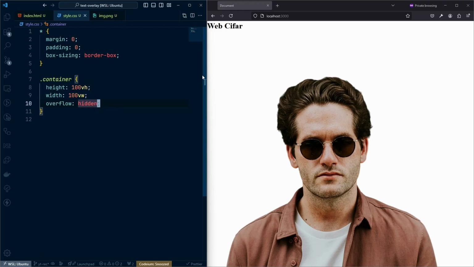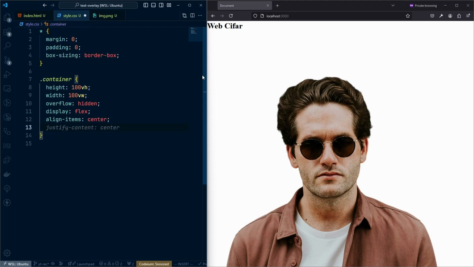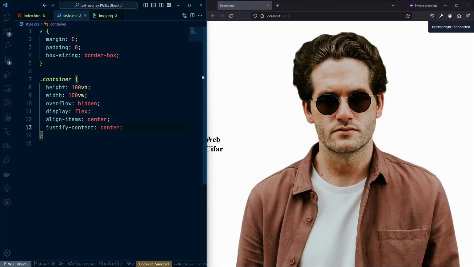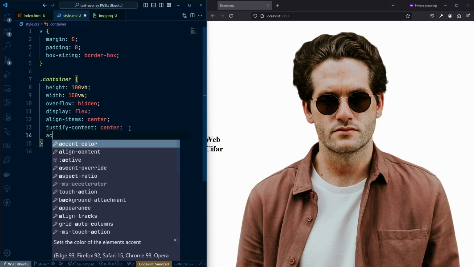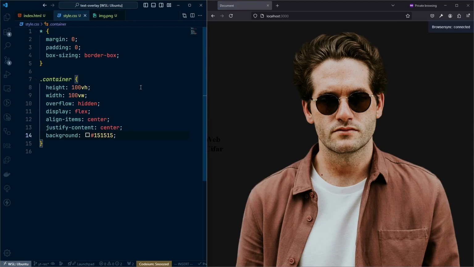And now after that I will say the display will be flex, align-items will be center, and justify-content will be center, which will make everything centered. I mean all the content inside of this container in the center. And that's all. After that I will have a background here. I will have a dark background, 151515 in this case, here it is. And after that I will have position relative, because I will have some absolute positioning inside this container,